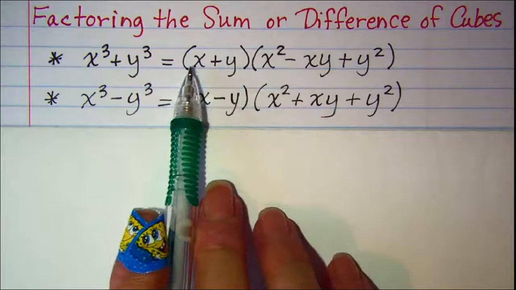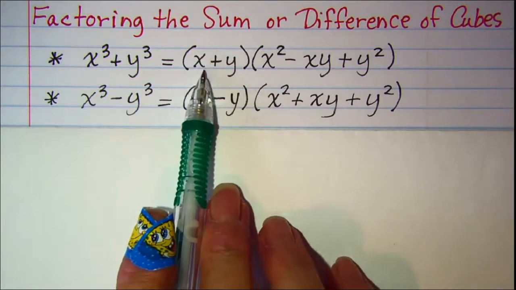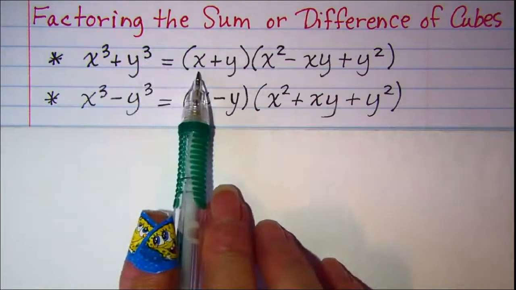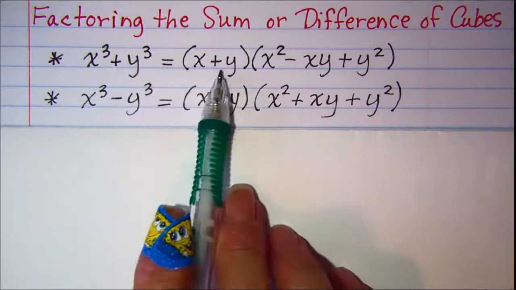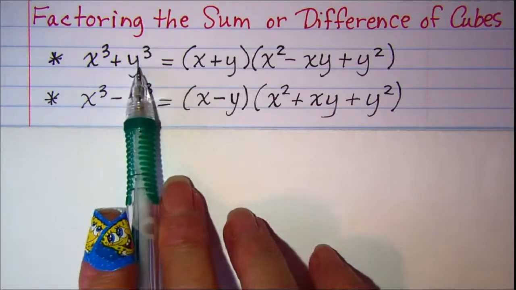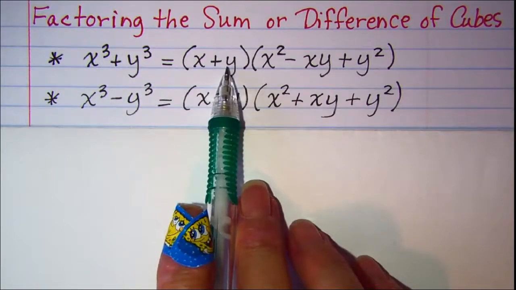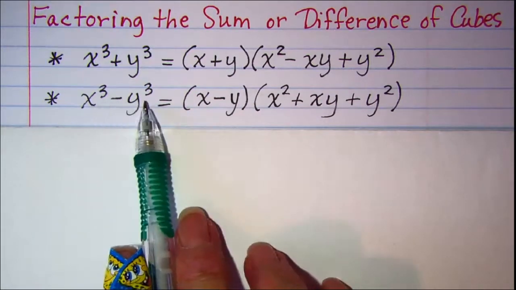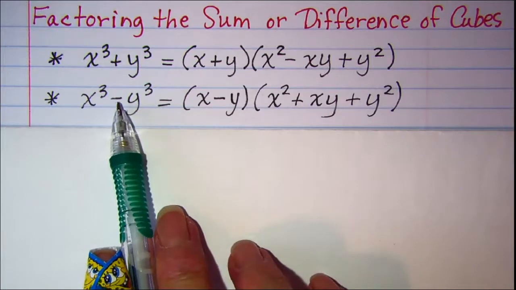In the binomial, you have to cube root the first term of your sum, and then because this is plus here, we have a plus here. And then cube root the second term to get this second term. Same way on the difference of cubes, you have the cube root of both, and then you have a minus